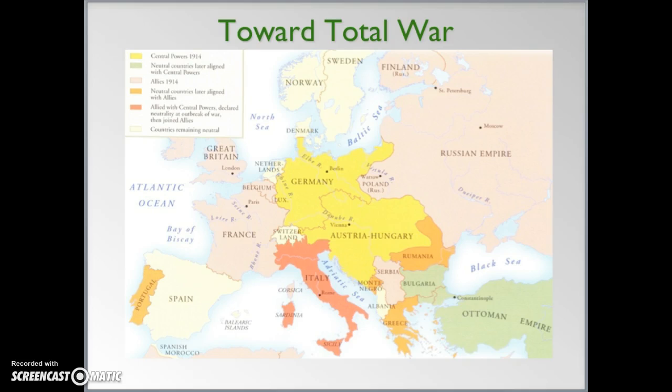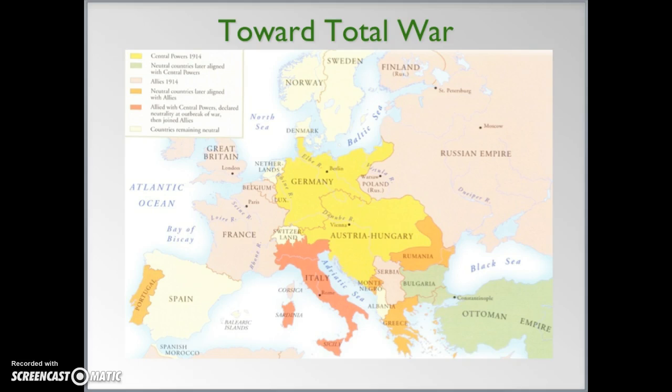I think most people know the story of World War One. There's a whole bunch of interlocking alliances. France, Britain, and Russia are allied. Germany and Austria-Hungary are allied. Italy and the Ottoman Empire come in and out of alliances, but at the end of the war, Italy is on the side of France, Britain, and Russia, and the Ottomans are on the side of the Austro-Hungarians and the Germans, and they get a bunch of territory taken away as a result.